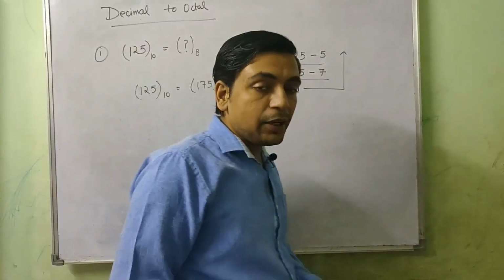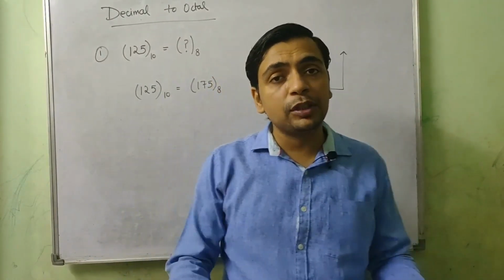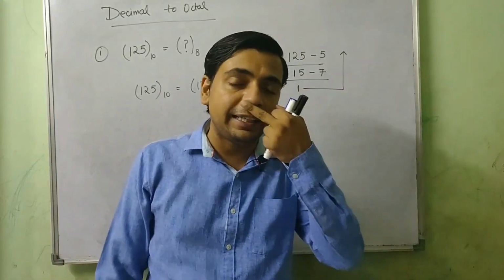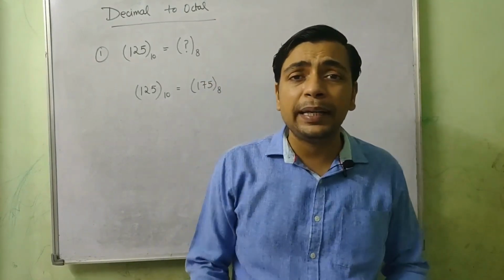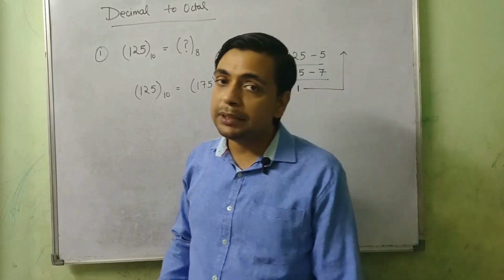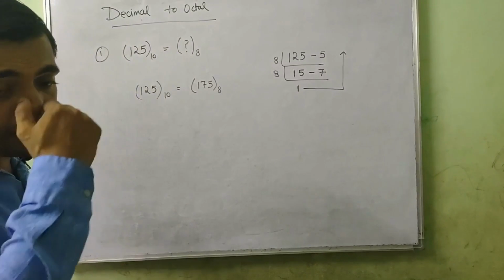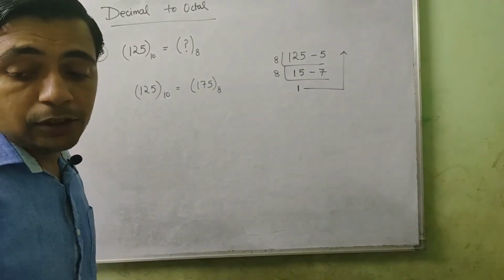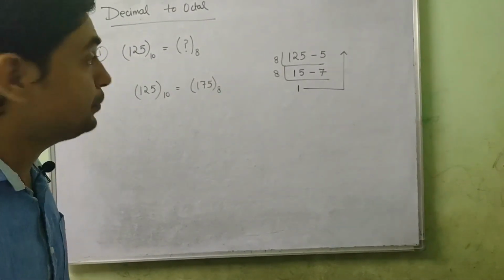Okay, so this is how you convert a given decimal number into octal, and the rule is the same which was applied for binary. The only difference is in binary you divide by 2, in octal you divide by 8. So you can keep it as a general rule that we divide a given decimal number by the base of the destination number system, and we note down the remainders. Now the next number that we are going to see has, of course, a fractional part as well. So the number is 90.25. Okay, so let's see.